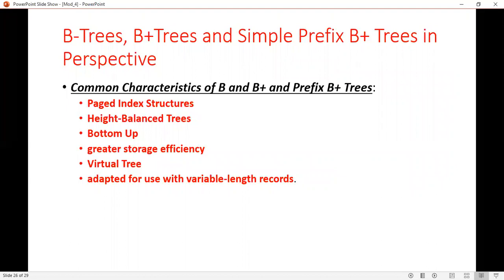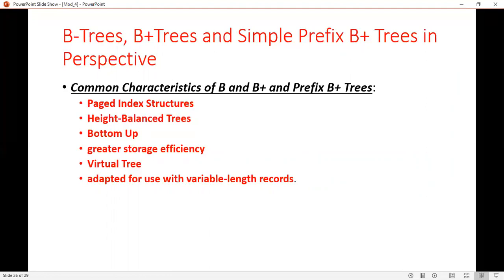Next common characteristic is that it provides greater storage efficiency. This greater storage efficiency is achieved through splitting and redistribution. And it can be implemented with the virtual tree concept.